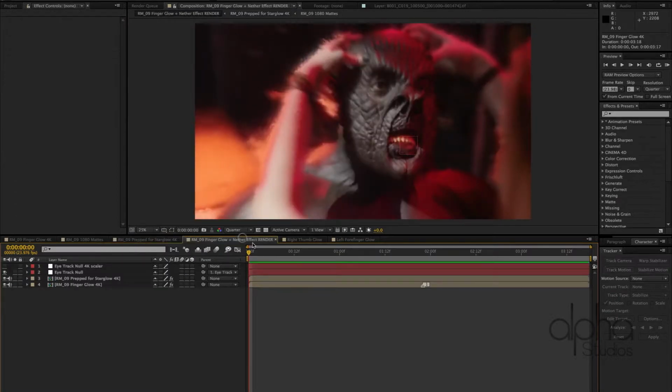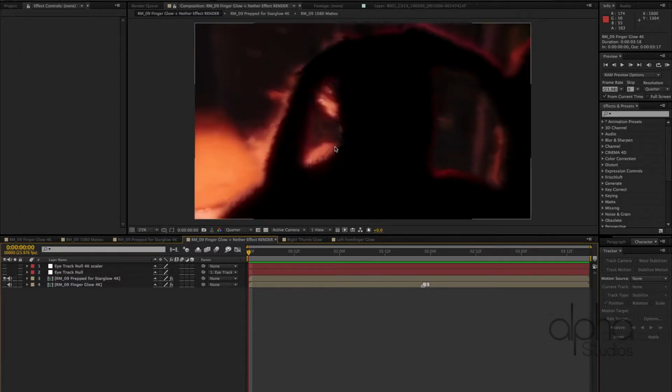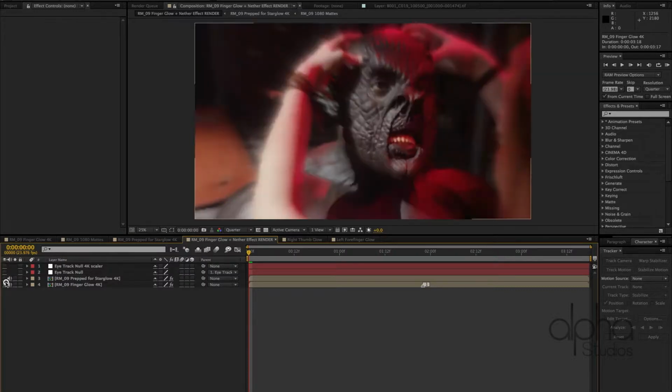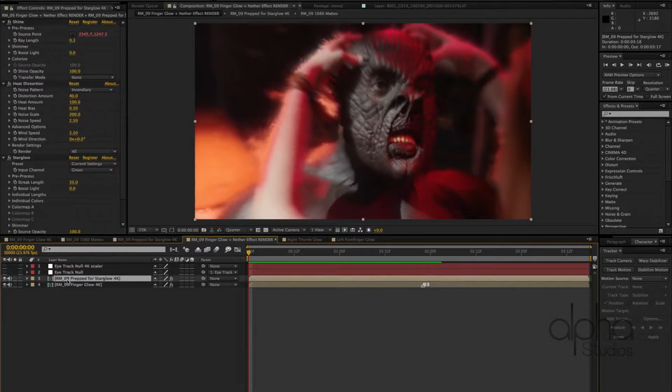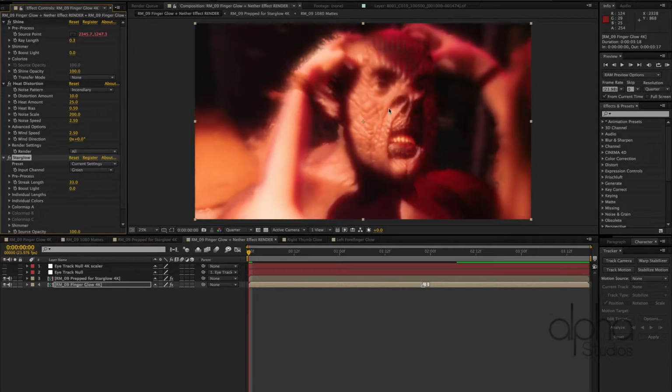So if we go into our final comp where we applied our Nether effects, you can see that we have this effect, which is our roted layer. We can see all the effect on the background, and then underneath it we have this, which doesn't have that roto effect. The reason that we do that is primarily so that we have a glow effect on this background layer that we're not applying to the base layer, and I'll show you why. Because if we apply it to here, boom, we get this shot, and that looks crazy, and we don't like that as much as we like this,